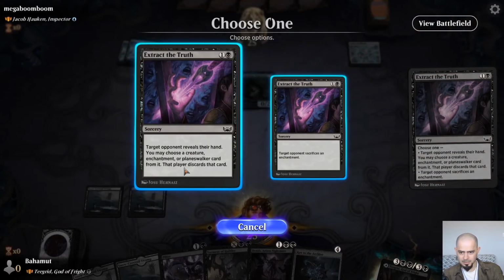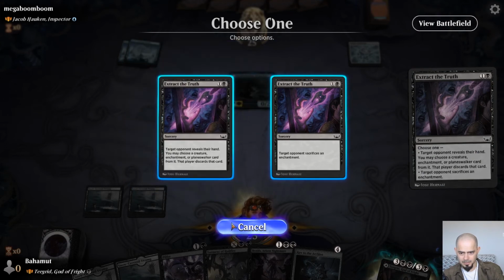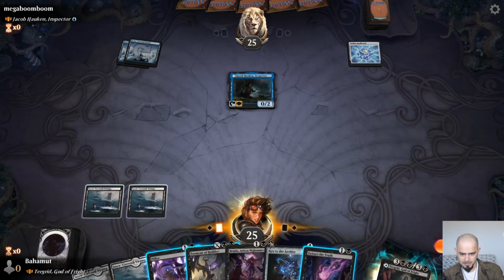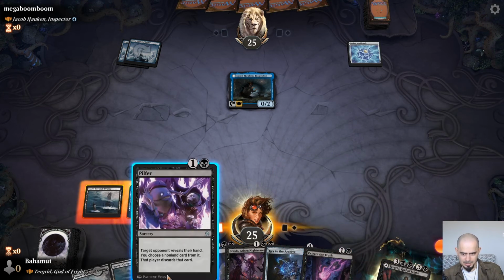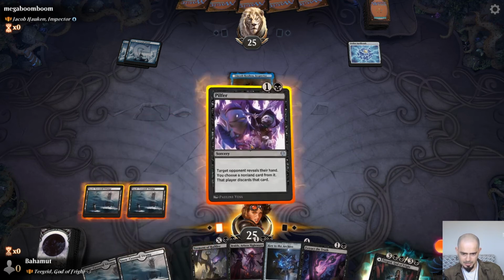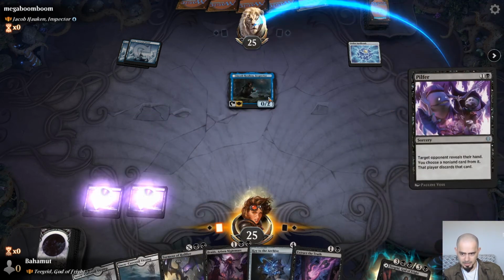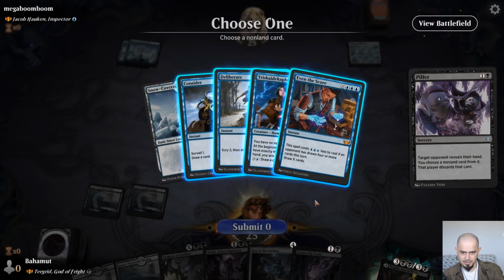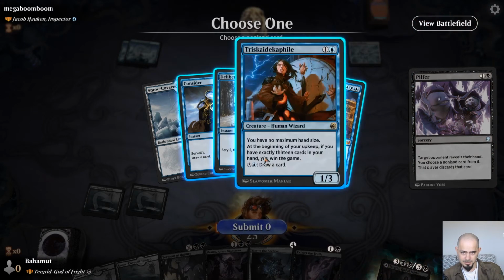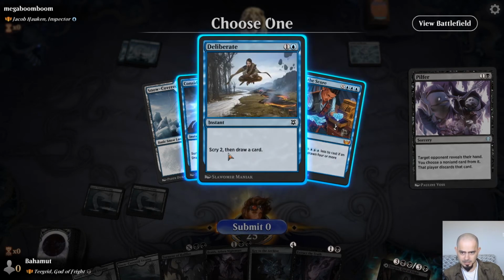That's enchantment removal. We don't have creature removal actually. Creature, enchantment or planeswalker from it. Unlikely. Let's start with Pilfer because it's a little bit more broad. We can get a sense of their hand and see if there are any targets even for that. Okay, that's Triskai Decaphile that we can take, but